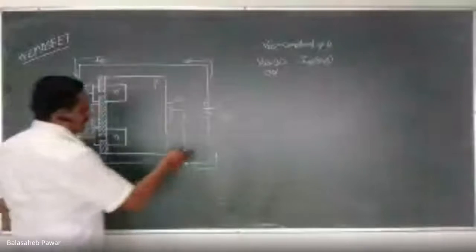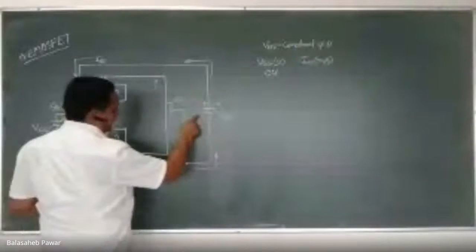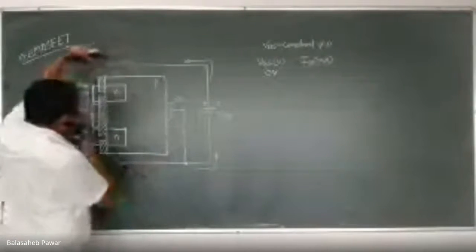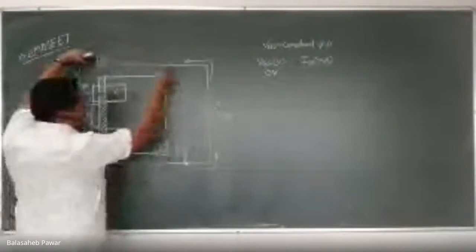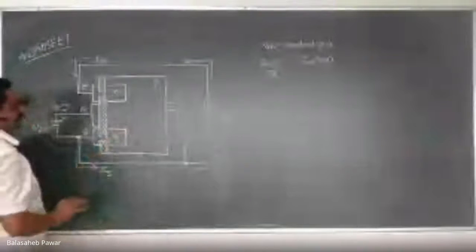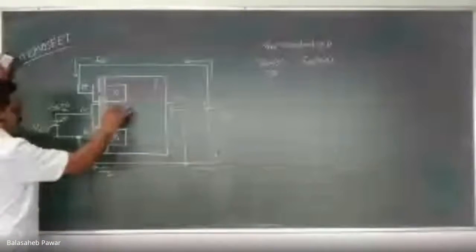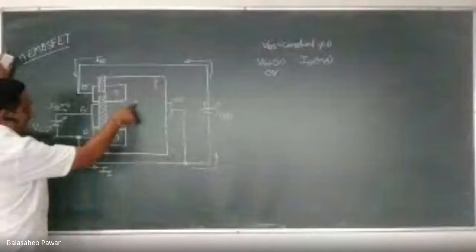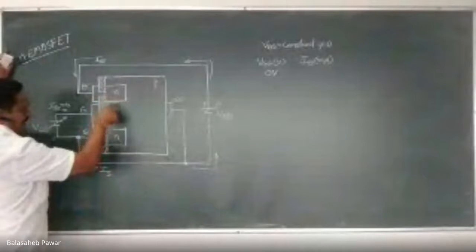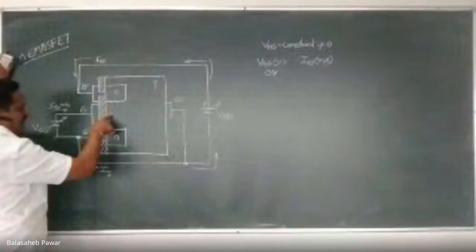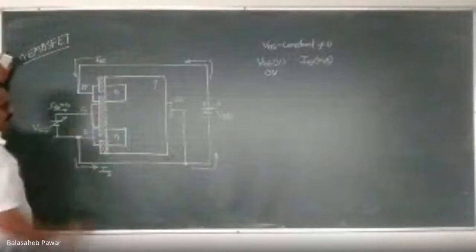And whatever may be the value of this VDD, that is nothing but VDS, which is applied across drain to source of that device, the current will remain 0. Am I right? These things last time we already discussed, why it will remain 0, because this drain region with respect to the substrate remains a reverse biased junction, and due to that reverse biased PN junction, no charge carrier is allowed to pass towards the P, is it?